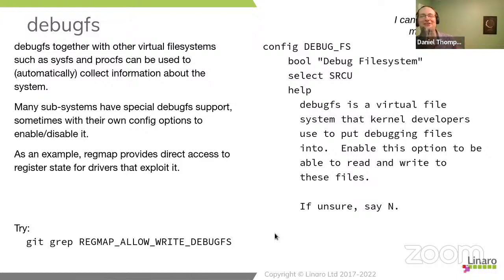Regmap doesn't just allow you to read the register state. There is some code in the kernel that allows you to poke registers as well. So for example, you could write a shell script that pokes the reset flag in a particular peripheral. Again, it allows your customer to run an experiment. The reason you're grepping for this is because this is considered such a debug feature that it doesn't have a config option. You can only turn it on by physically reaching into the source code and enabling it, but the code is there. So if you want to poke registers from debugfs, you have that capability.